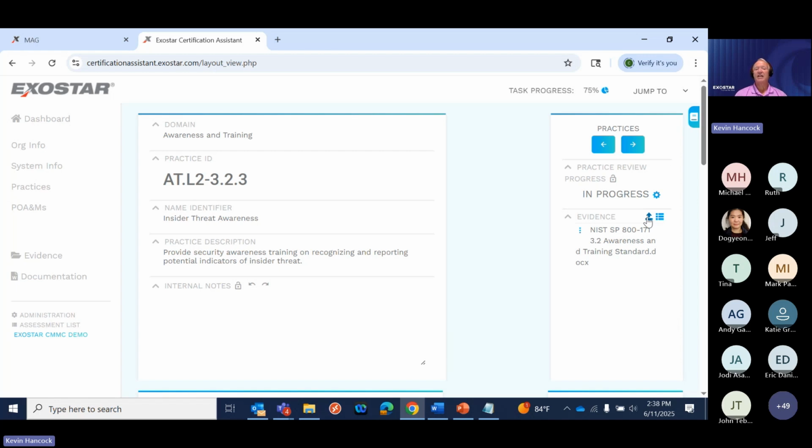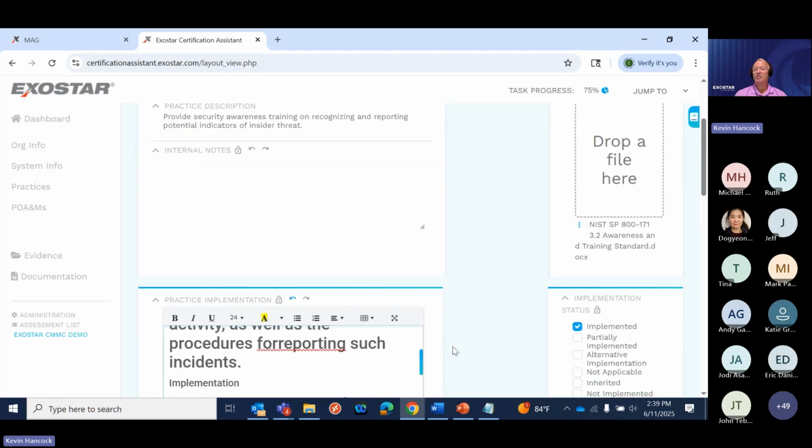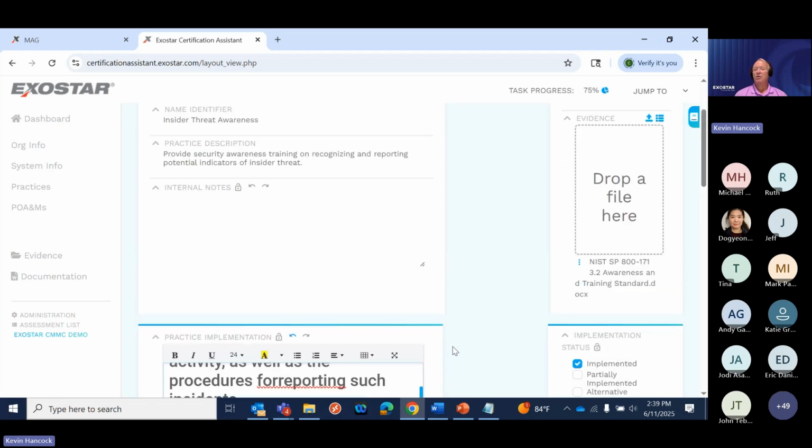So, as part of the threat awareness training, I may have other evidence like a roster of attendees at training. I had asked, in one of my shared responsibility matrices, there was an attestation letter from my MSP that their people have done training, or maybe it was just part of their shared responsibility matrix, or it was part of their body of evidence. Whatever that is, you should upload here into the evidence, because that's going to be one of those things that your certified third-party assessment organization is going to want to validate that you have evidence that